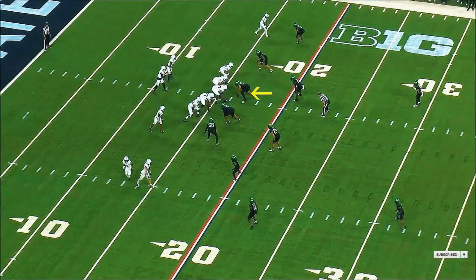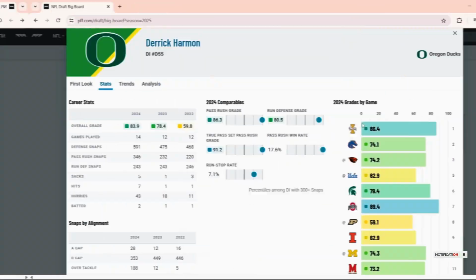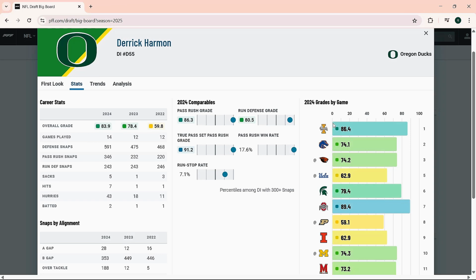Let's get into the PFF numbers. Alrighty then, Derrick Harmon, interior defender out of Oregon, number 55. We have an 83.9 grade in 2024 with 14 games played, pretty much 600 snaps, 5 sacks this season for this amazing Oregon Duck team who did a lot of great things this year. 7 quarterback hits, 43 quarterback hurries in the interior, and I bet you a lot of that is him being